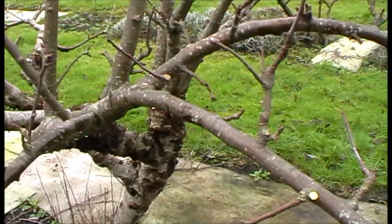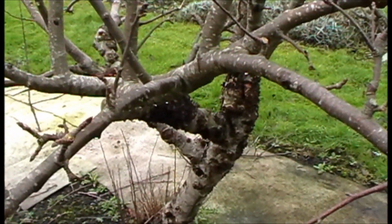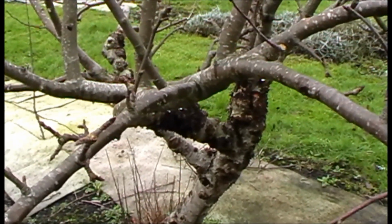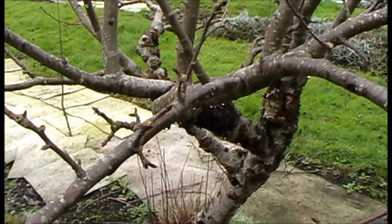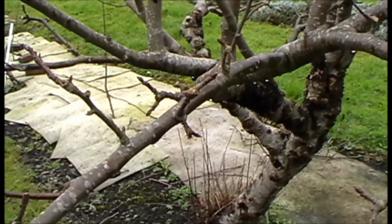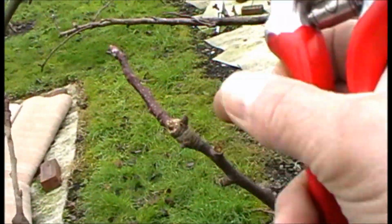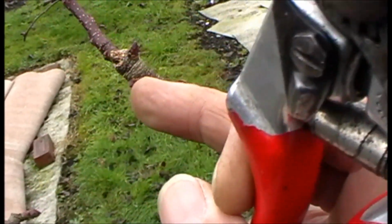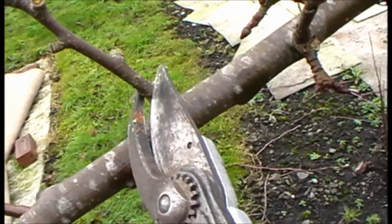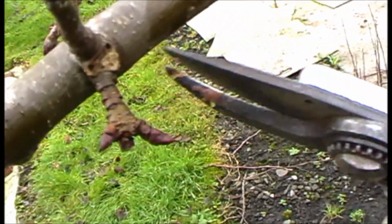replicated throughout the tree. Now this is just an apple I found growing in a hedgerow, which I took some cuttings, well, scion wood, grafted in, and really at the end of the day it's not that good an apple, so eventually again it's going to come out. But just for this year, what I'm going to do is thin out some of these spurs. So for example, if you take that one there, you've got one there and then some around here, so I'm just going to cut it off above there like that. This one here, take that one off underneath,